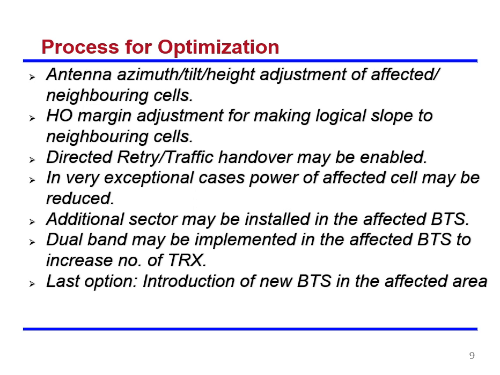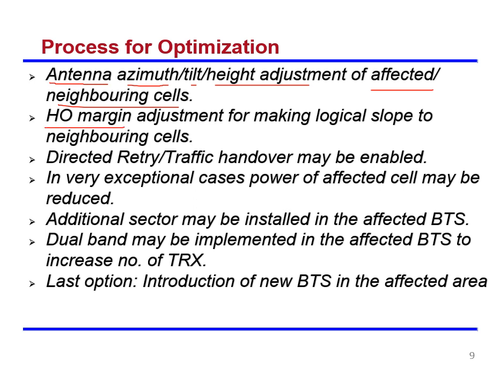And the other thing, what else can we do? In order to reduce the congestion rate, in order to increase the traffic handling capacity of a base station, the coverage can be increased. How can the coverage be increased? By adjusting the antenna parameters like azimuth (horizontal orientation), tilt (vertical orientation), and height adjustment of the affected cell and neighboring cells, because neighbor cells will greatly affect the performance of every cell. It affects the handovers, it affects the cell selection and cell reselection parameters, and overall the system performance will change.